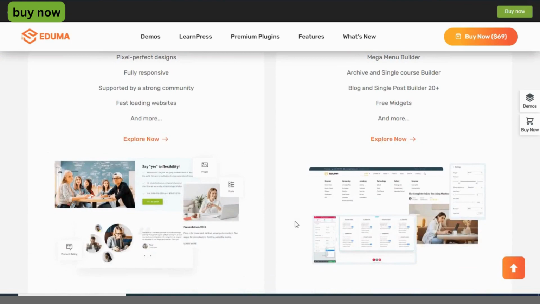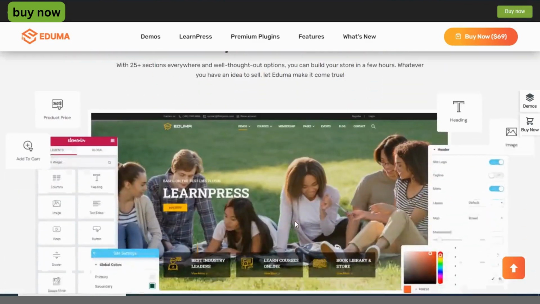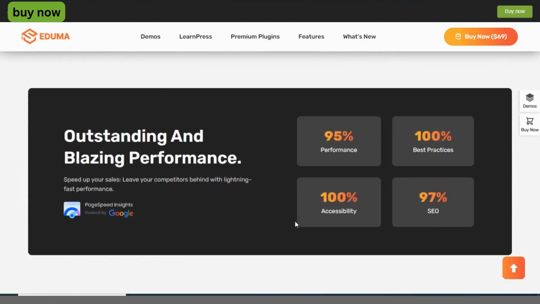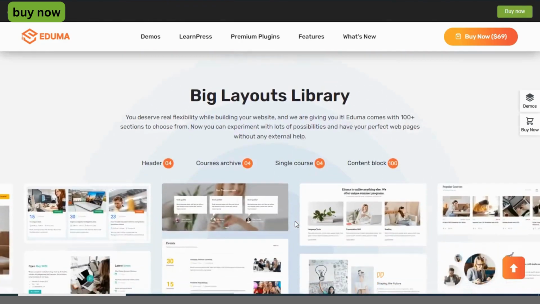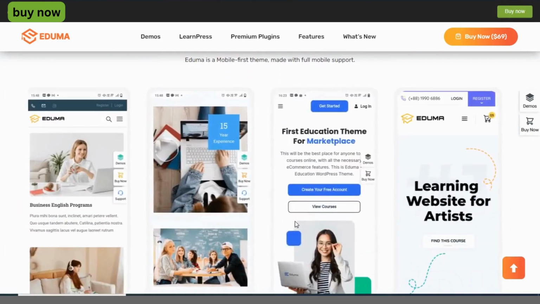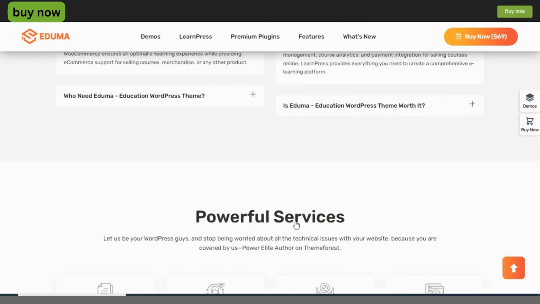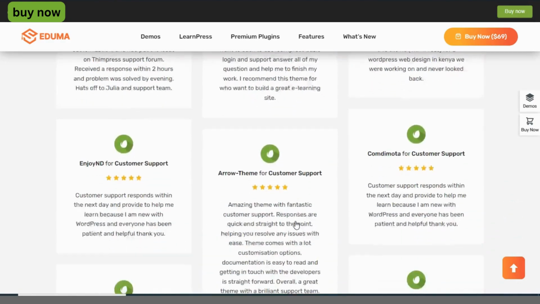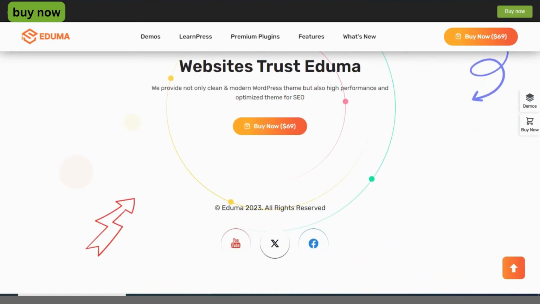Online course management. Dive into the world of online learning with Education's comprehensive course management system. Create, manage, and sell online courses with ease, including course descriptions, pricing options, enrollment forms, and student progress tracking. LMS integration. Seamlessly integrate with leading learning management systems (LMS) like LearnDash, LifterLMS, and Sensei to enhance the functionality and performance of your educational website. Whether you're offering self-paced courses, live webinars, or interactive quizzes, Education provides the tools you need to deliver an exceptional